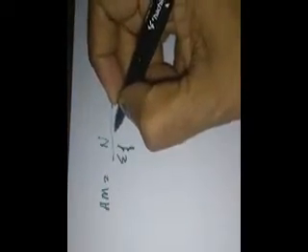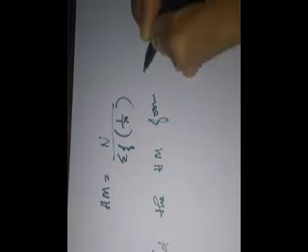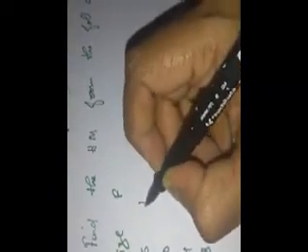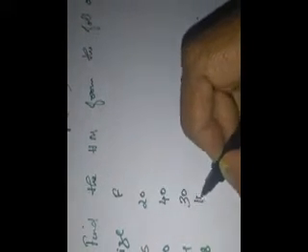Last class, students, we have seen harmonic mean and frequency distribution, and we have written down the formula of harmonic mean, which is harmonic mean is equal to n by sigma f 1 by x. Okay, so now you can write the question: find the harmonic mean from the following data. Under that you can write size 6, 10, 14 and 18, and frequency is 20, 40, 30 and 10.